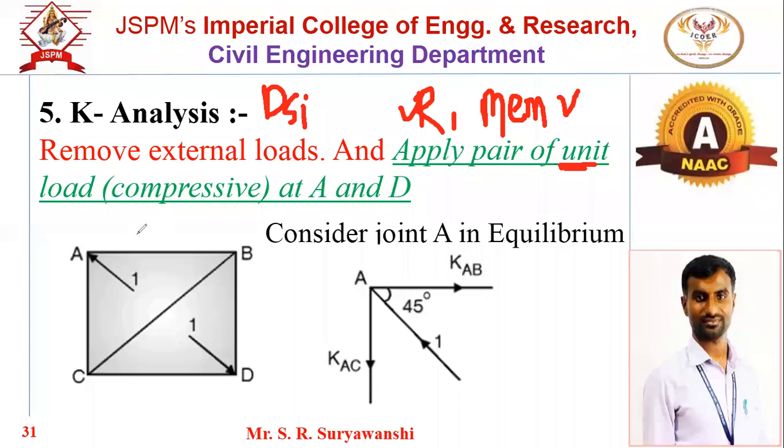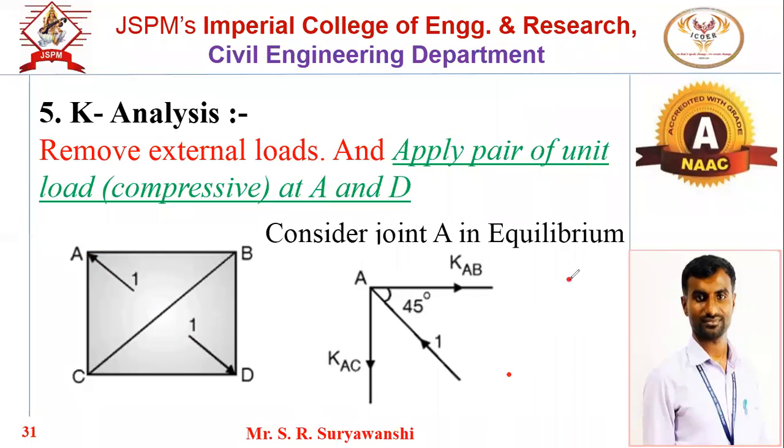But in this particular truss, the truss is internally indeterminate and we have selected the AD diagonal member as a redundant member. So in place of that member, we have to apply the unit load. As we have selected the member, it is joined by connecting two joints, this is A, this is D. Means we have to apply a load pair. First it will be at joint A, second it will be at joint D.